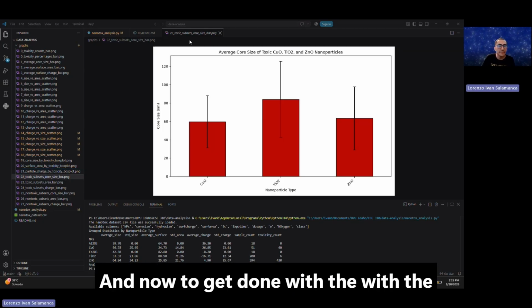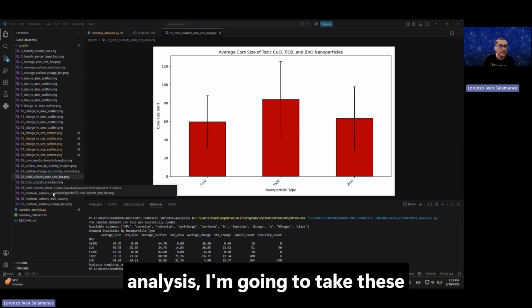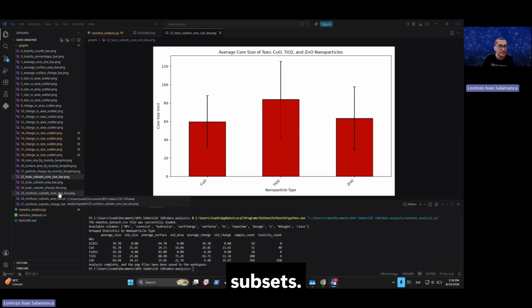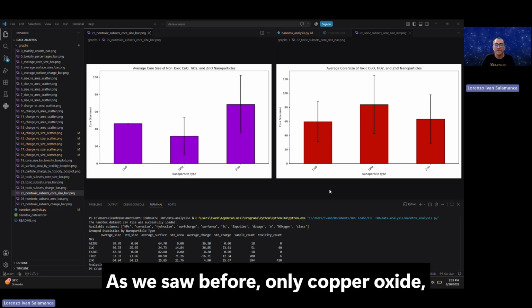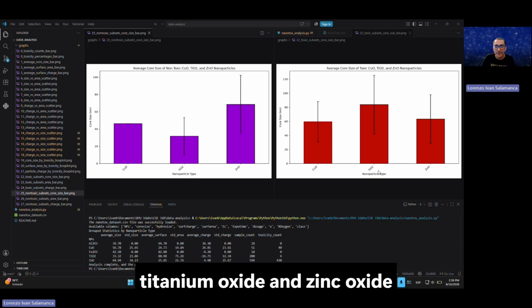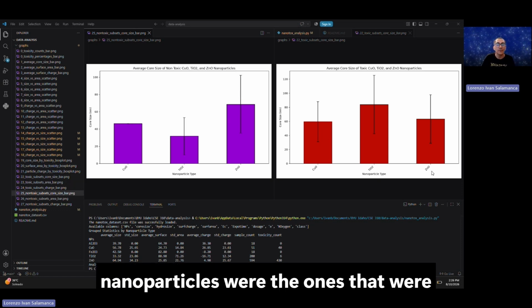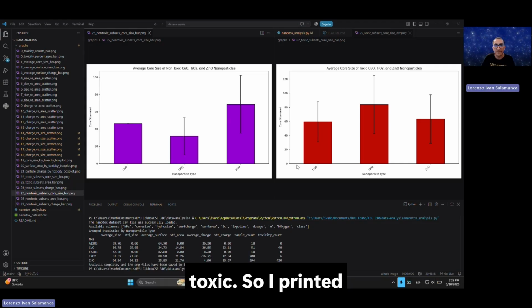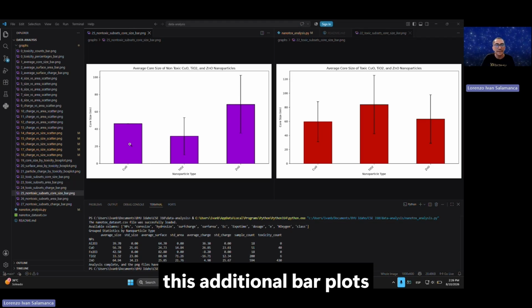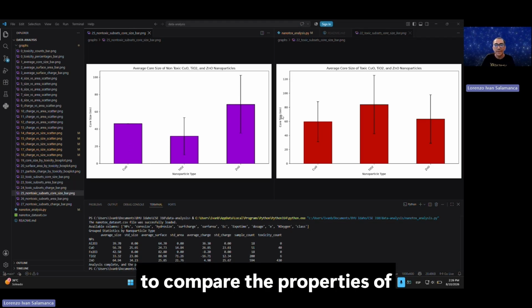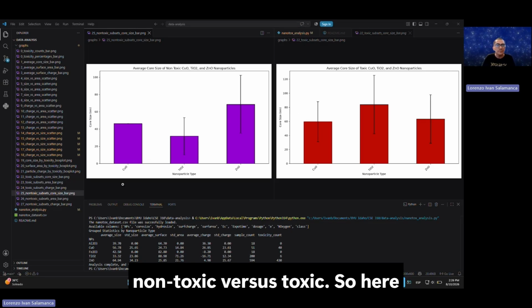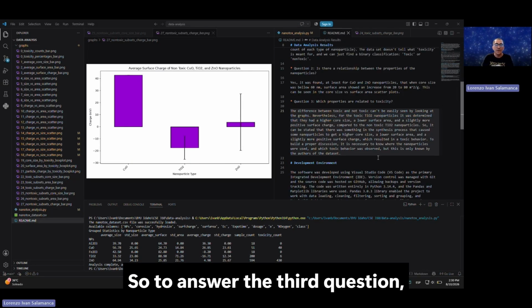And now to finish the analysis, I'm going to take these subsets. As we saw before, only copper oxide, titanium oxide, and zinc oxide nanoparticles were the ones that were toxic. So I printed these additional bar plots to compare the properties of non-toxic versus toxic. So to answer the third question,